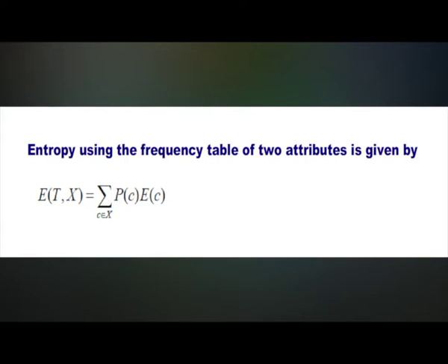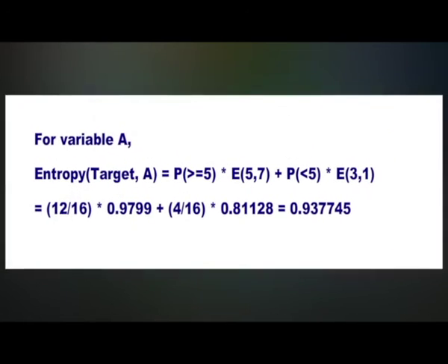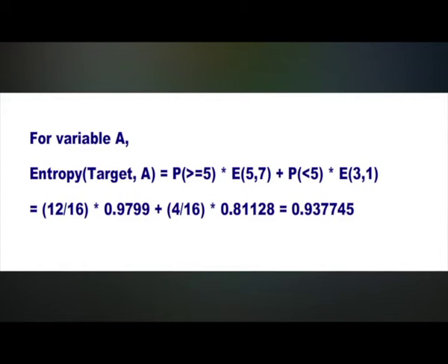over c element of X, P(c) into E(c), where P is the probability and E is the entropy. Now, for variable A, entropy of target, A will be equal to probability greater than or equal to 5 into entropy(5, 7) plus probability less than 5 into entropy(3, 1), which is nothing but 12 by 16 into 0.9799 plus 4 by 16 into 0.81128,